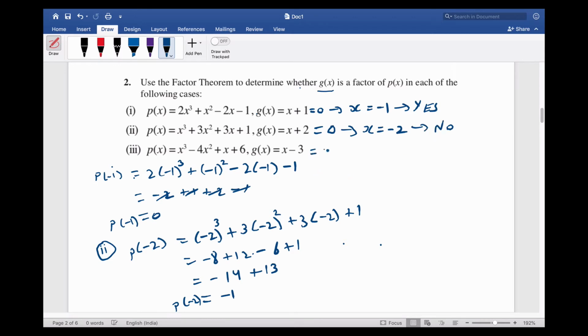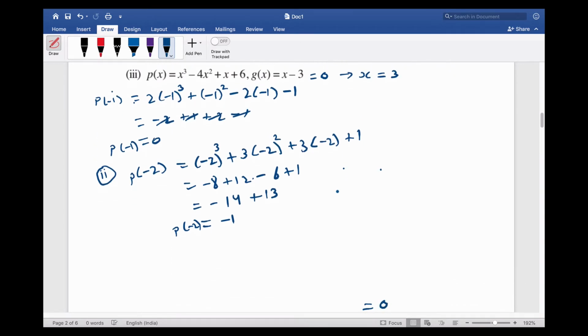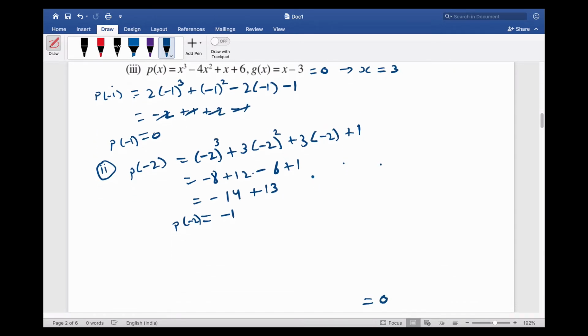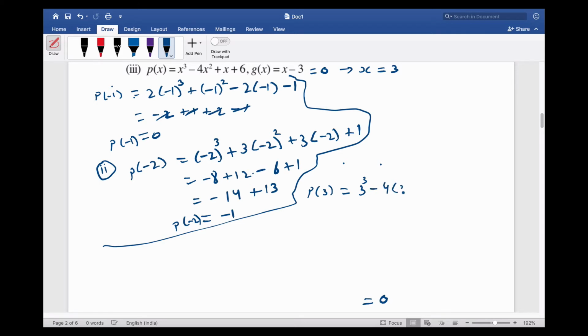Moving to the next part, again we'll write as equal to 0. Then we'll substitute the value. X is equal to 3. Try and solve it somewhere here. Can solve it here. So I have p of 3, which will give me 3 cube minus 4 into 3 square